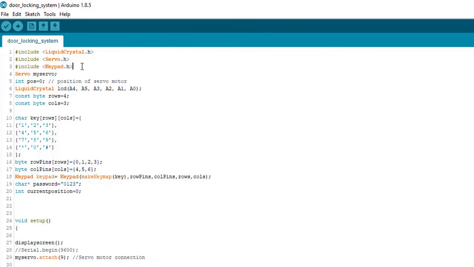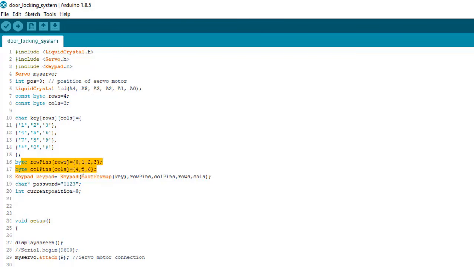So first I had declared these libraries, that is for LCD display, servo motor and keypad. Next I had defined all the required pins. So as I mentioned before, you can declare your own pins for the LCD display, keypad or the motor. So here is my LCD display pin, and this is for the keypad.